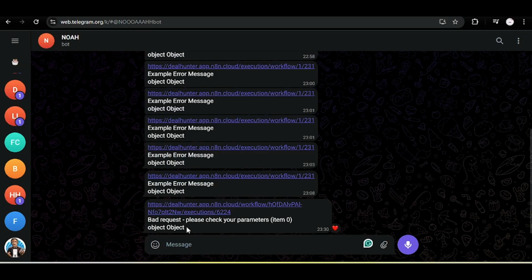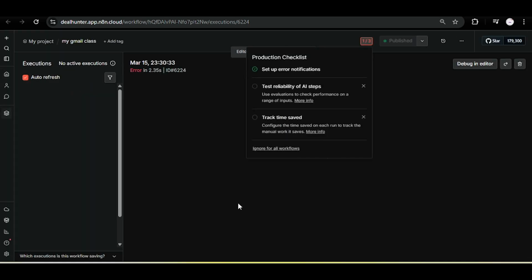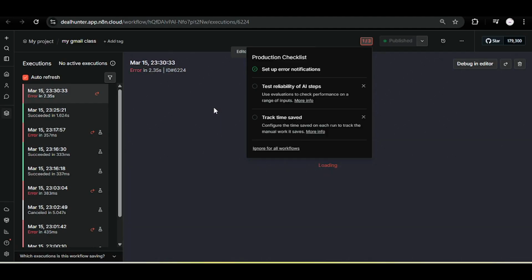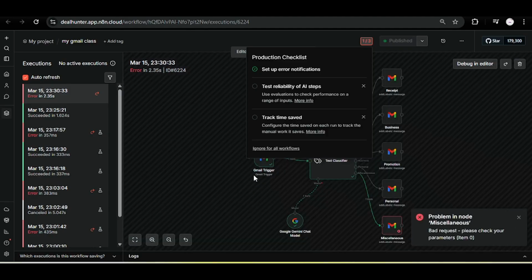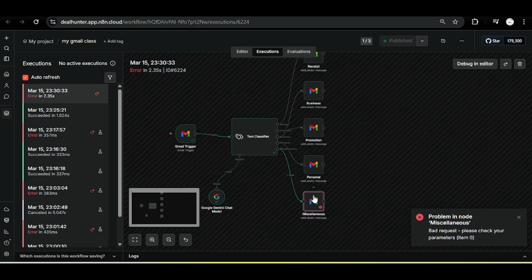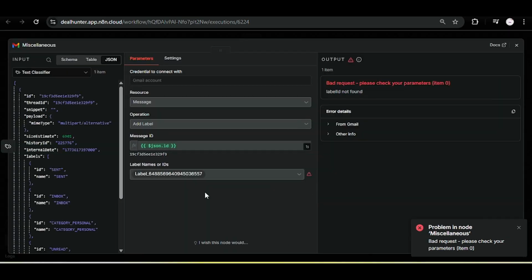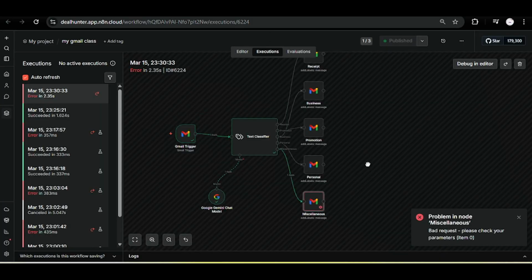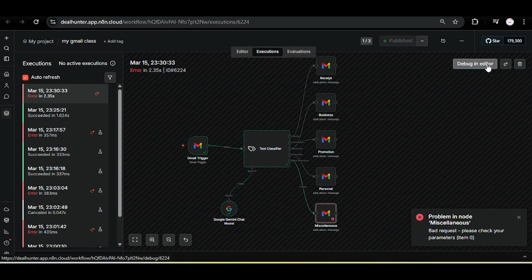As you can see, we got the error message along with the workflow name and the link of the error. So when I click the link, I'll go directly to the execution, as you can see. So the error is in the miscellaneous node because it doesn't exist. Now we could just debug